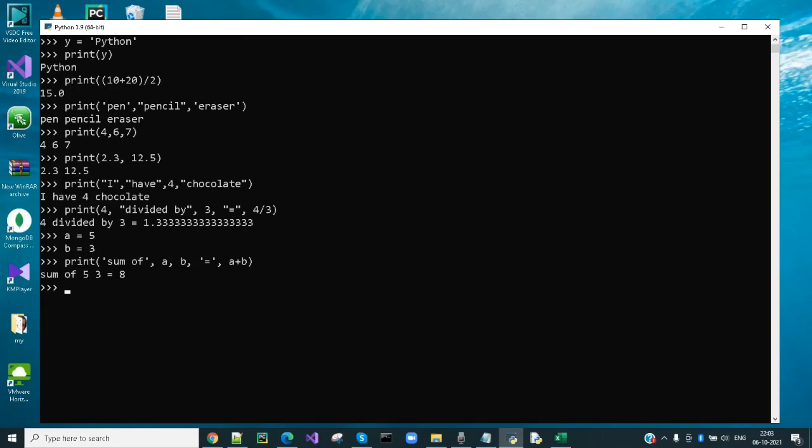Let's see a demo on using the sep and end parameters in the print statement. You can see that there is a space between each value because the default value of sep is a single space. Now each value is separated by an asterisk.